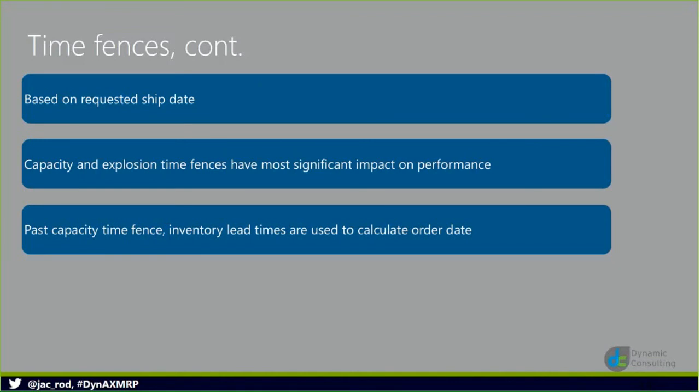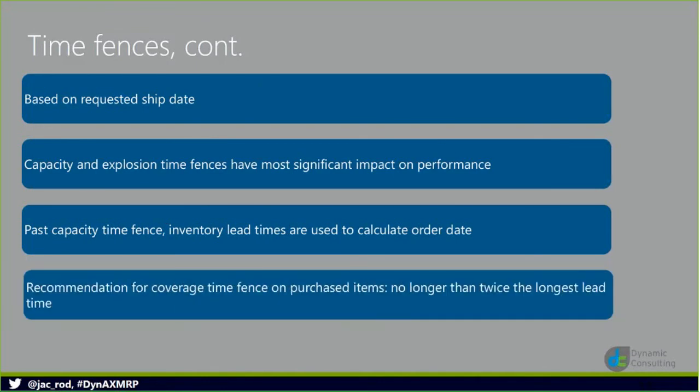You can see some of the stuff that's happening. The action messages or future messages or explosion steps are taking longer. You can kind of see some of that stuff. Again, like I said, past the capacity time fence, inventory lead times are used. And then there's a recommendation actually from the